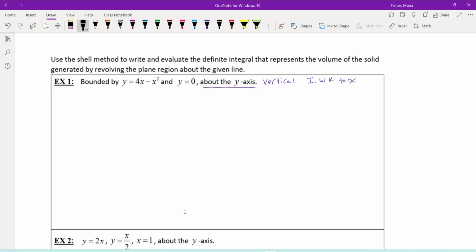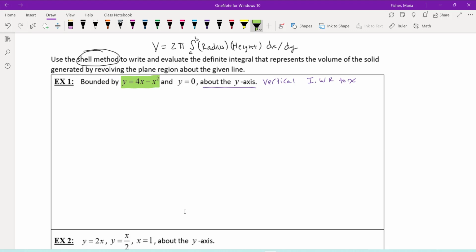Because remember, for the shell method, your formula is always going to be volume equals 2 pi times the integral from a to b of your radius times your height, and it's going to be dx if you have a vertical axis of revolution and dy if you have a horizontal axis of revolution. If we graph this, the first one that we have here, y equals 4x minus x